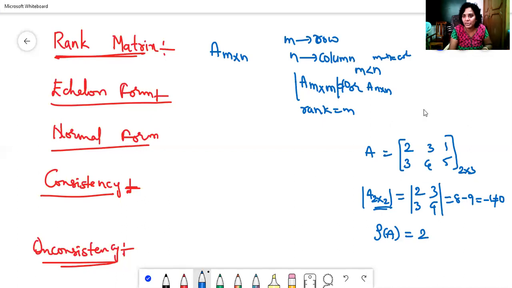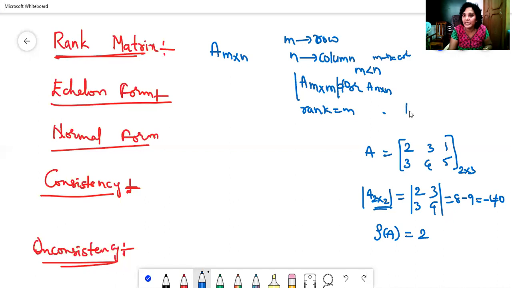You can take any way. If it is a 3 by 2 matrix, you can take the 2 by 2 only, and in that you can eliminate any one of the rows. That is suitable for the rank of the matrix. In this method, we cannot use any elementary operations, either row or column. To find the rank of the matrix, we just check whether the given matrix is square or rectangular. If it is a square matrix, you can take the determinant.